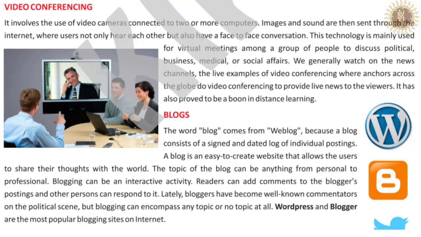Blogging can be an interactive activity. Users can add comments to the blogger's postings and other people can respond to it. Recently, bloggers have become notable critics on the political scene. However, blogging can include any theme or no subject whatsoever. WordPress and Blogger are the most well-known blogging sites on the internet.